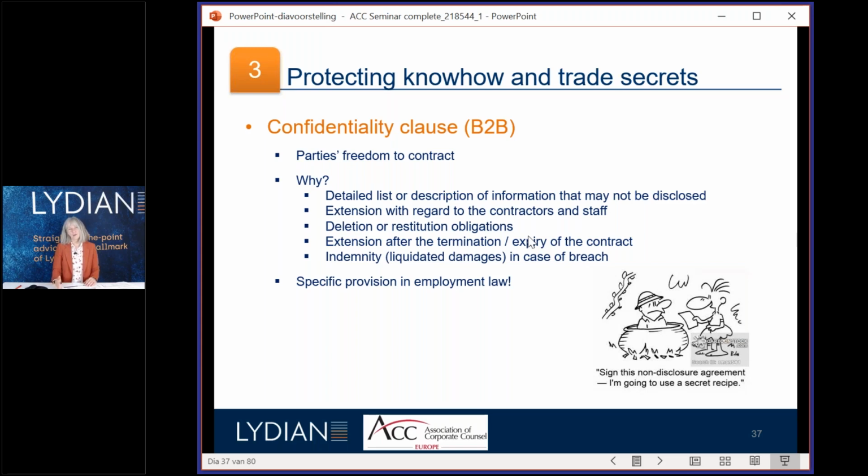And I know that a lot of in-house counsel provide for a clause that it lasts for 5 years after the termination of the contract. But what about if it's still valuable? So me personally, I think that if you have a secret and it's still valuable after 5 years, you have to provide a clause where you don't put a limit, and it's as long as it's secret, and you put some measure to keep it secret, you are bound, and it's longer than the 5 years.